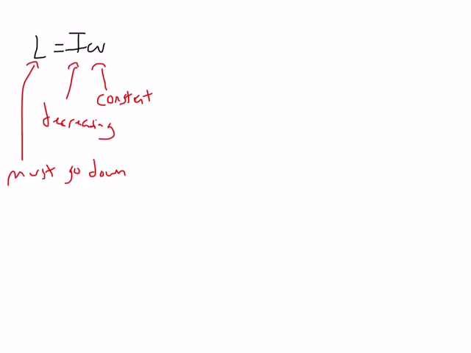F. In order to keep the system rotating with constant angular speed during this whole process, is the motor doing positive work? In other words, is it adding energy to the system? Is it doing negative work? Is it taking energy out of the system? Or is it doing no work? Is total energy constant? Well, we have rotational energy, right? Everything that's happening is rotational. We're assuming that the motion of the rod sort of to center it is so slow that there's essentially no energy there. So the energy we have